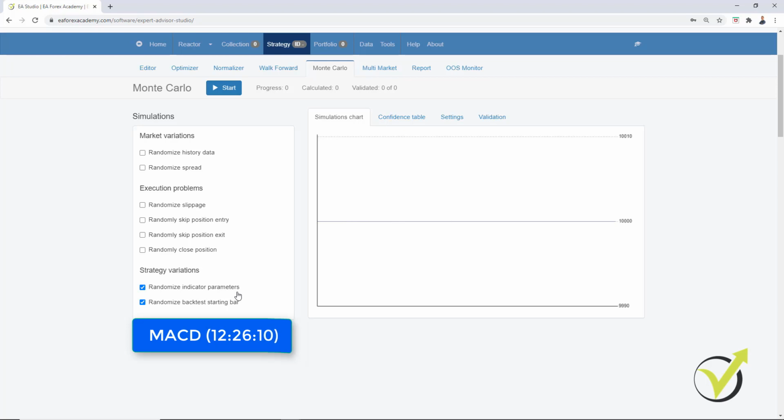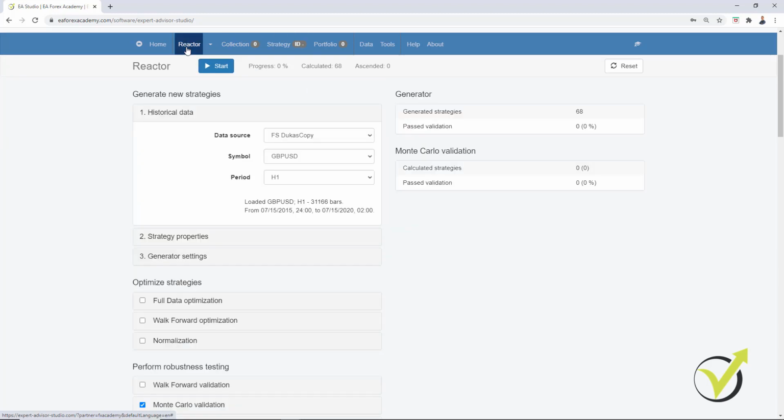Basically, it will change the parameters. It will try to break the strategy, and if the strategy is still robust, it will perform well, and we will see all the results here. I will show you that later when we have some strategies ready. But for the moment, I will leave it like that.